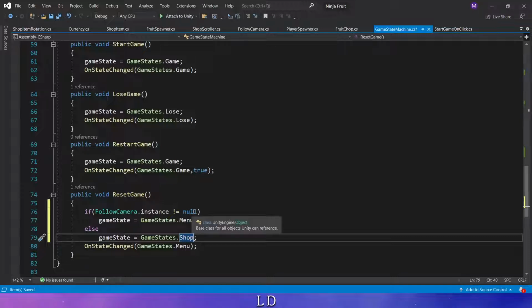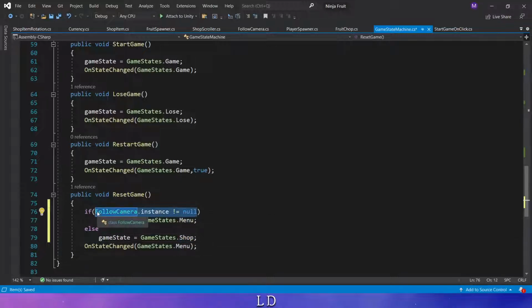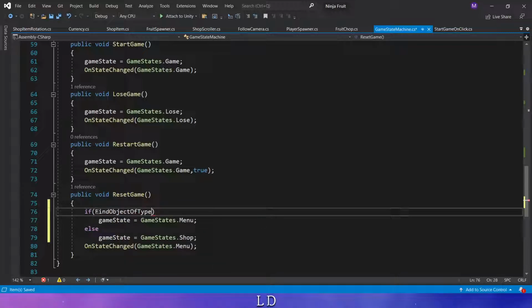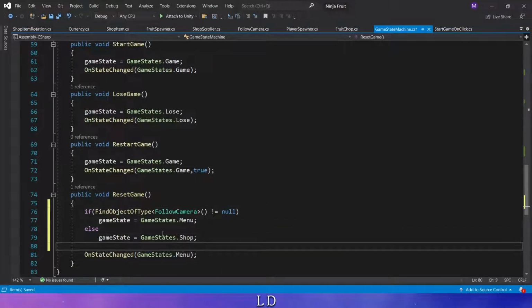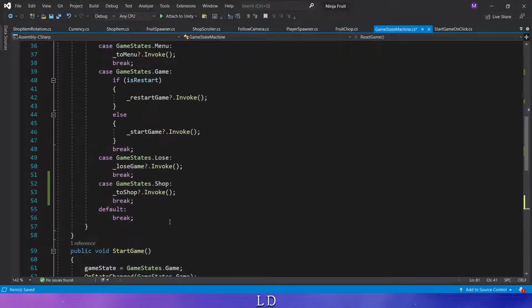Should be true, but the safer way would probably be find object of type, because if type follow camera, we can't find it because it's turned off and it's not null. Yeah, we do this, and depending on the state that we have now, on state changed,